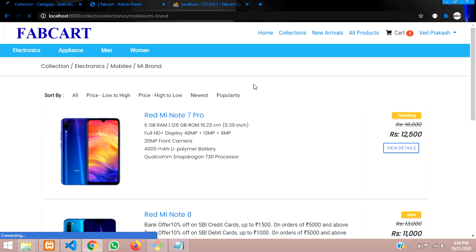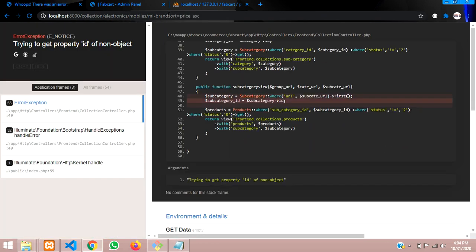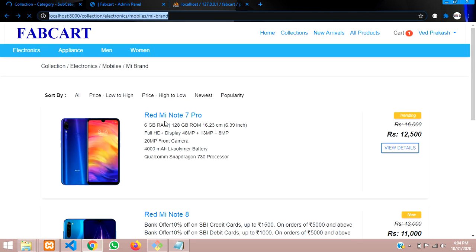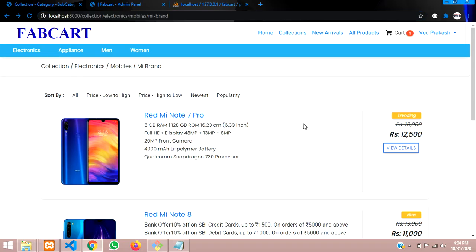Let's run the output for it. Let's hit Control R and you can view it. Now I'm going to click on this first, low to high. Let me see what changes in the URL. The sort is not being passed properly in the URL. Okay, so we have to do this filtration now. We have missed that actually. We have to start with a question mark. So let's begin with that question mark, save this and reload once again.